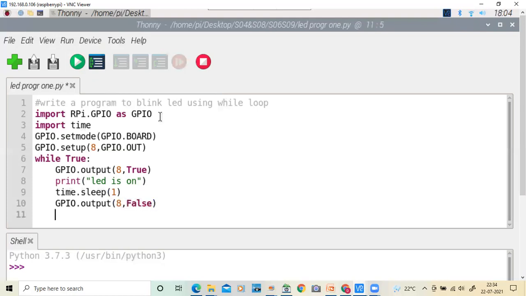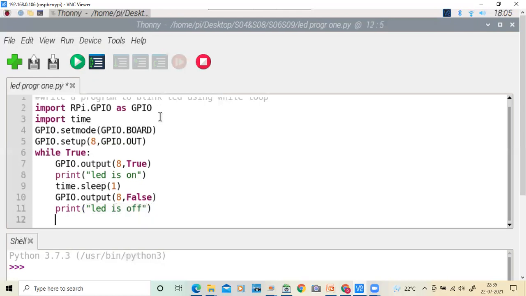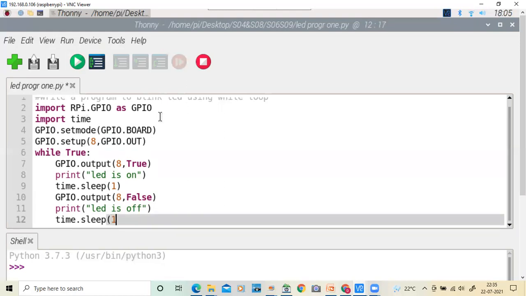Then after that, a print statement: here I am going to write LED is off. Next, finally, time.sleep(1). So for 1 second the LED is off.